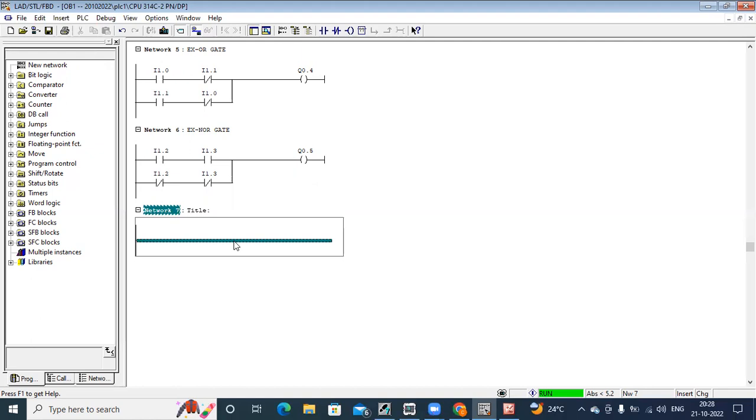Okay. And for the third lamp, if all three switches are on, only lamp 3 should be on, and the first and second should be off. But first and second will also go on because they have the same inputs. That's why we have to